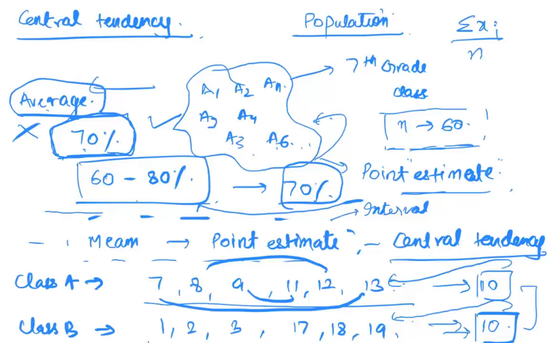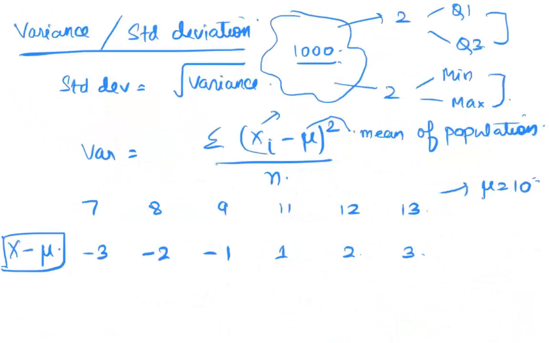Let me get back here. So right now we've gotten a measure of a central tendency. We are saying that this population looks like 10. So on an average, students will score 10. But now we want to find out for every individual student, how different from 10 is he? This person is -3, this person is -2, this person is -1. So -3 indicates that he's lesser than 10 by that number. Minus or +3 would indicate he's more than 10 by that number.